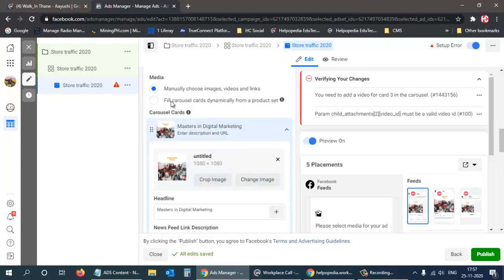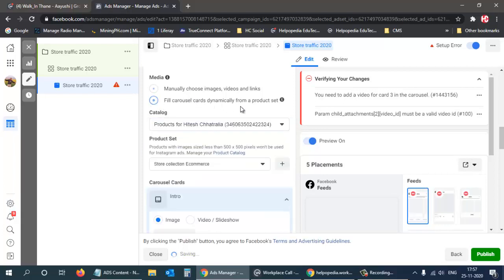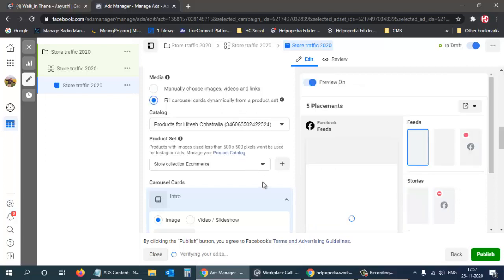Okay, manually choose images, fill. Okay, I can select this, so the error will go. And yeah, that error is gone now.